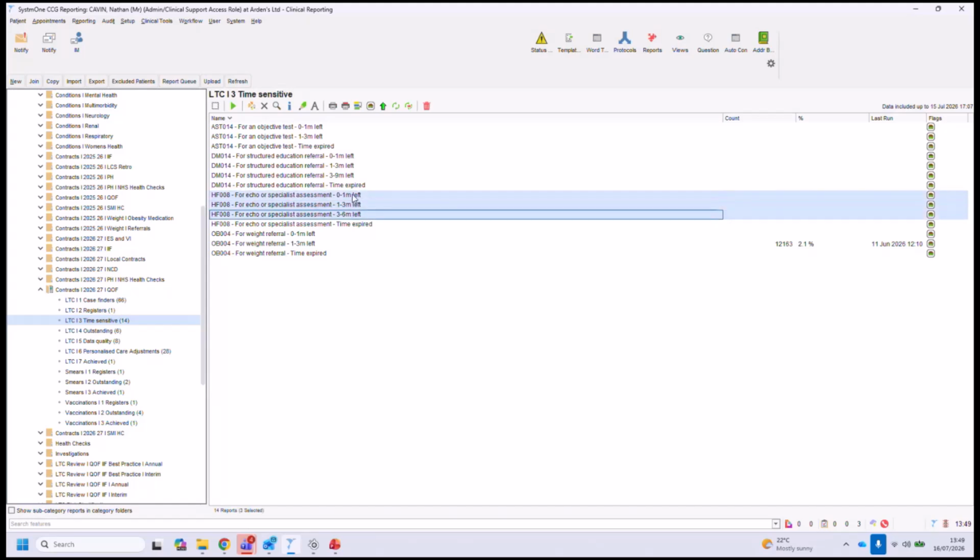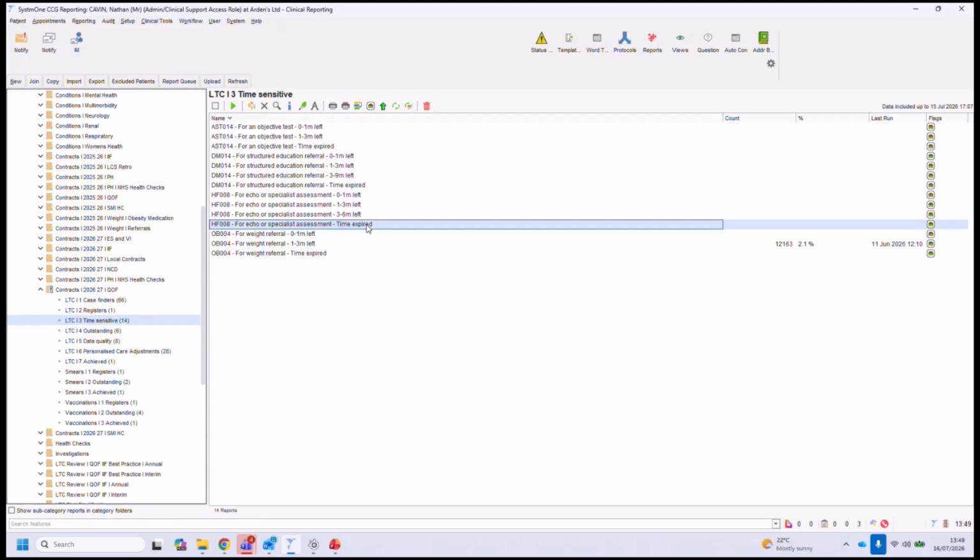So again, you can focus your attention and go, well, let's get those patients in, make sure they're coded, happy days. You'll also see there's one time expired. Once that 6 months is up, they will fall into that. So you can see who you might have missed. But again, obviously this needs to be clinically checked, but it might be worth running that, because it might be that it was coded, they just put the wrong code on, or they forgot to code it, but it was done, if there's evidence. So look at that as well, and there might be a case of getting patients onto that and backdating that code within the 6 months, and then you hit that indicator as well. So just those to help you with that.